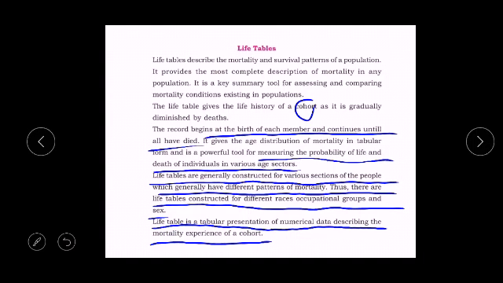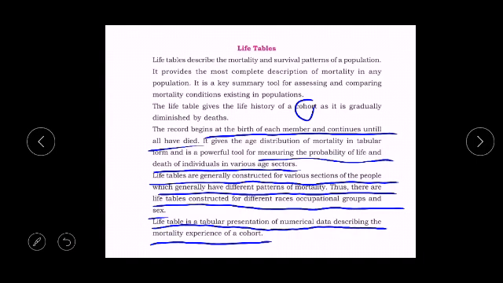Farmers one table, business person one table, engineers one table, doctors one table. Like that, based on their occupation also we can create a number of life tables, so that we can study in detail what is the death pattern or living pattern or survival pattern of a particular population.